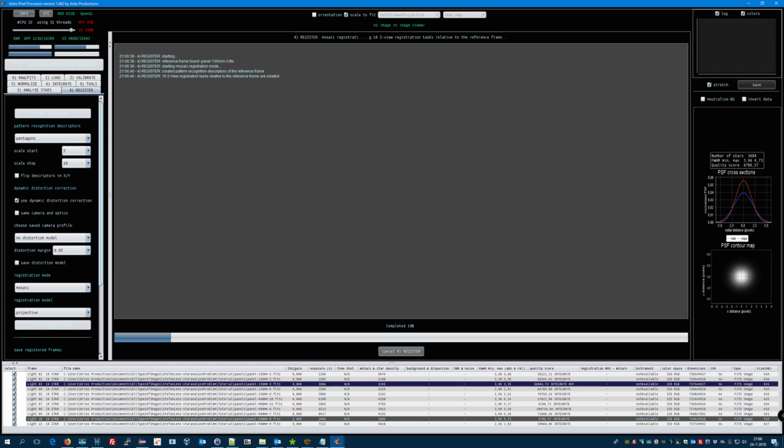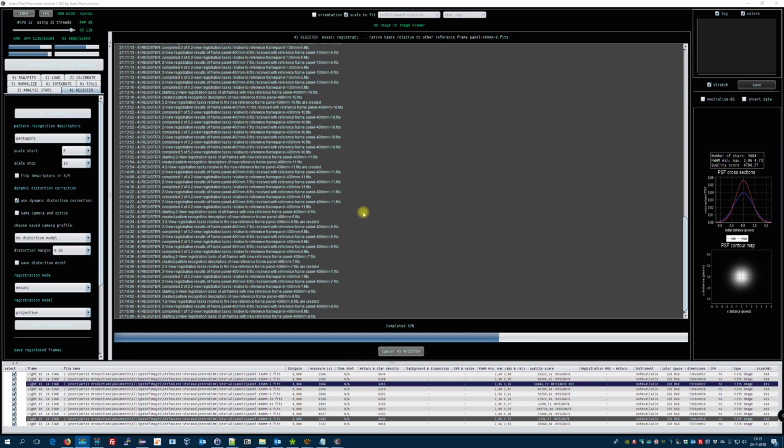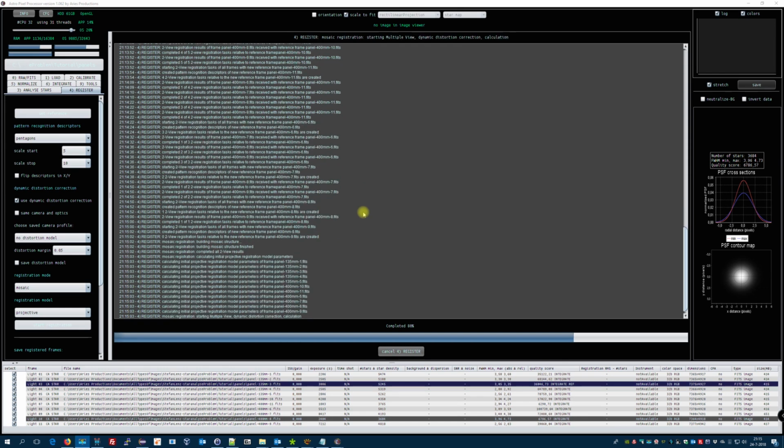We'll need to wait for this process to complete. There are quite a lot of stars, and Astro Pixel Processor will scan for each frame how the other frames are attached to it. Okay, registration is nearly finished now. The registration engine has now finished